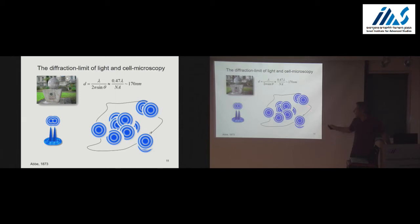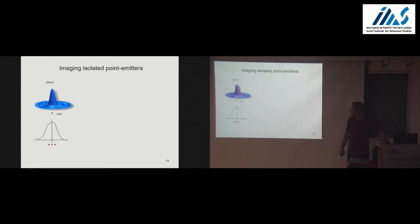And especially at the cell membrane, these proteins, they're what is called point spread functions, the blurring on the detector, all of these overlap, so you cannot separate these different emitters or different proteins. However, imagine that you could have just one point emitter, one protein at any given place at any given time. So this would give rise to this blur on the detector. It's about 200 nanometers in size. And realizing that there's just one emitter, say this is a GFP protein of 2 nanometers in size, this function would be symmetric. So you can find the center of this distribution, and this would be the perfect location